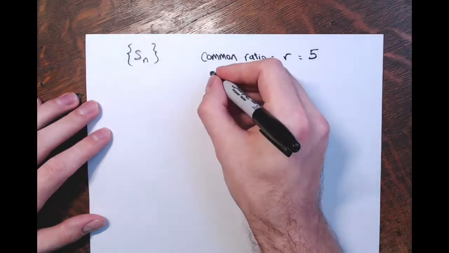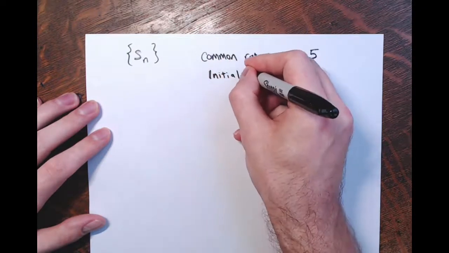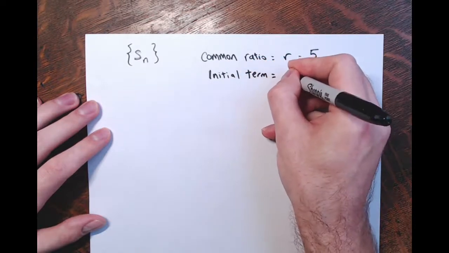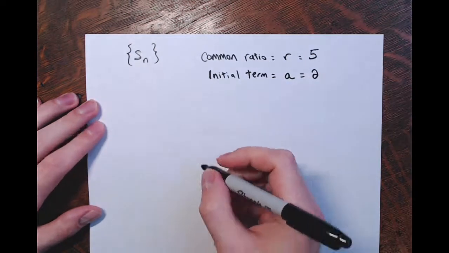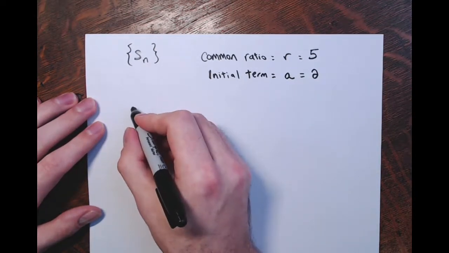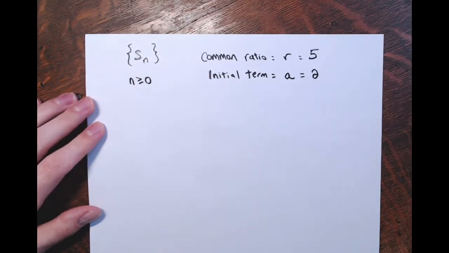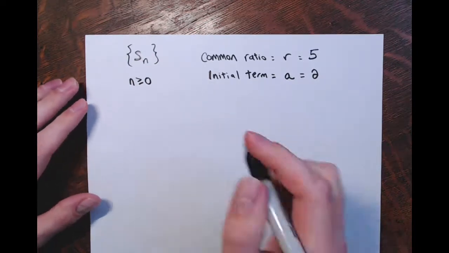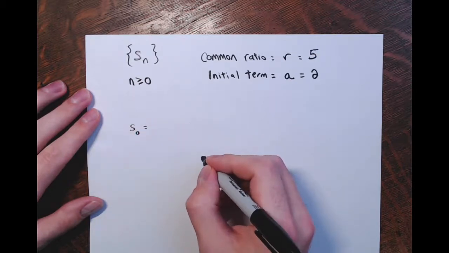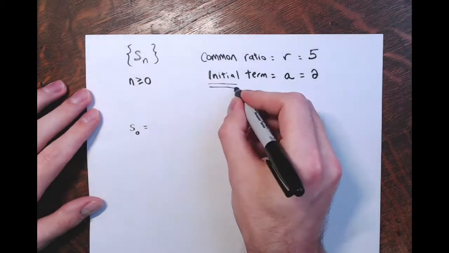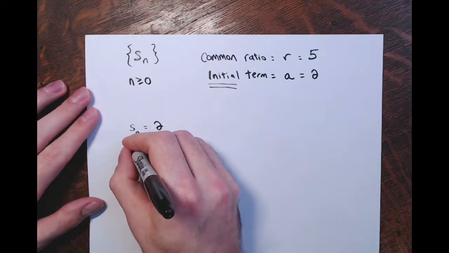And they also told us the initial term, which in that little formula was given by just lowercase a, is 2. Now, remember they're doing n. They said they're going to start the index off at 0. Right, so I'm having n be greater than or equal to 0 here. So the first term, which is s sub 0, the first output, again, is the initial term, 2. The second term, which will be s1,